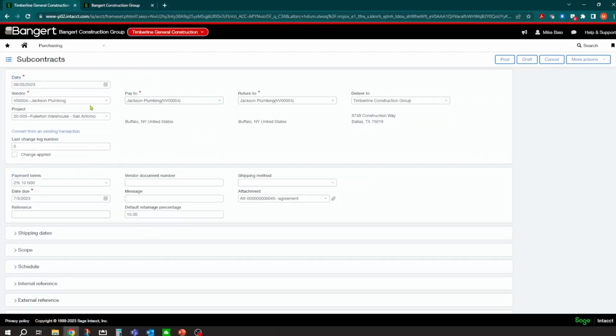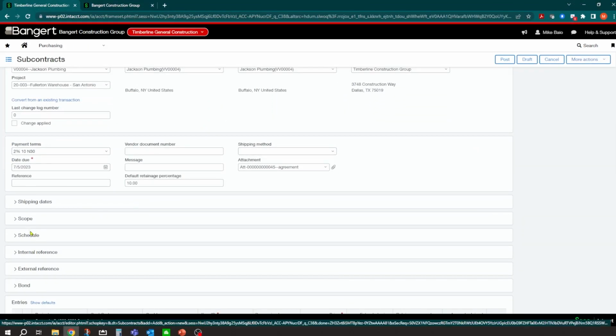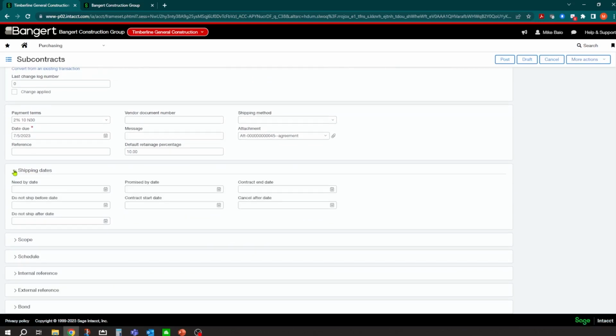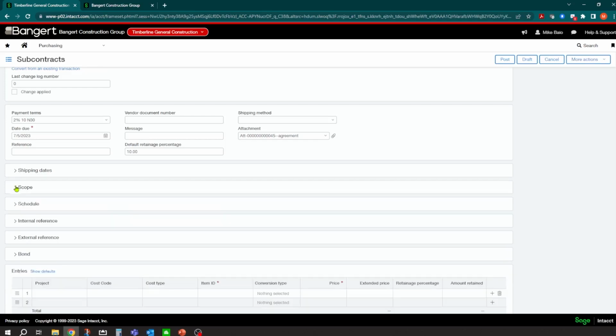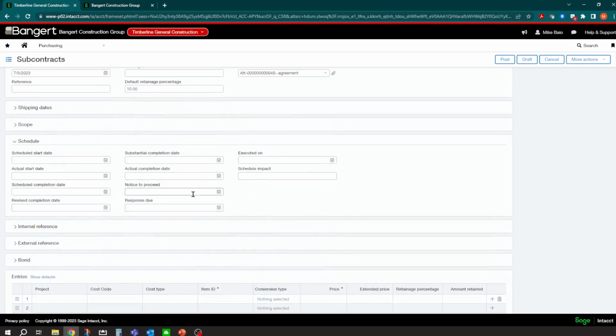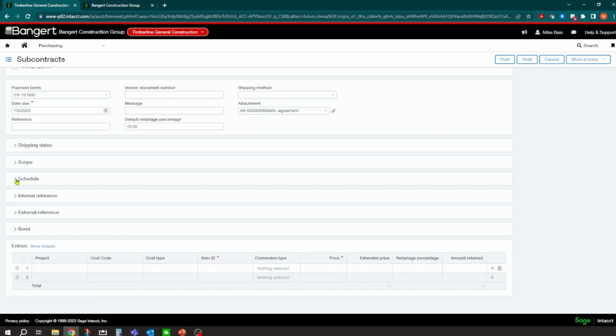Okay. So when you're keying this in here, any of these fields that you see can be on the form. So you have shipping dates, you have scope fields, schedules. It depends how detailed and complex you want your information and how you want to track it. But now, smart rules, smart events, triggers, they all can be based on any of these fields. And you can use them on reports and dashboards, so it really becomes a powerful tool. And you can set it up however you want to set it up. You have internal references, external references, and don't forget, we can create custom fields. So you can put custom fields anywhere on this form as well.